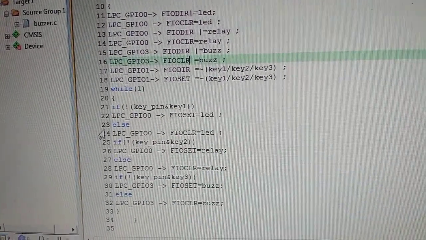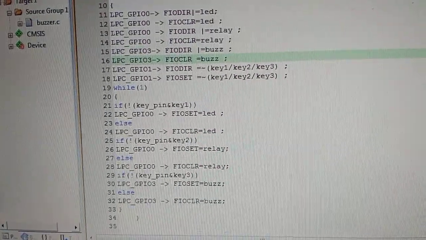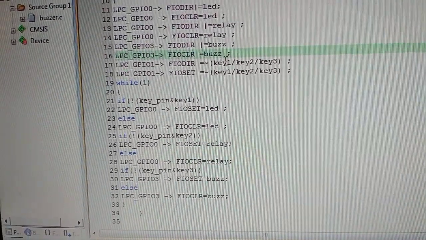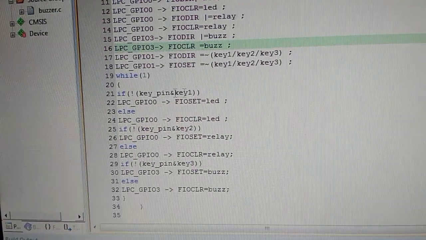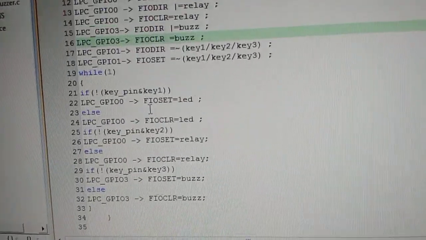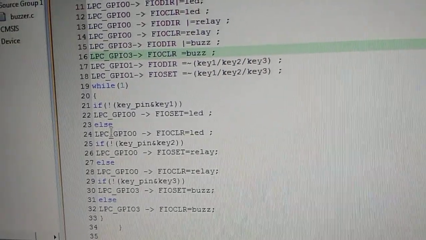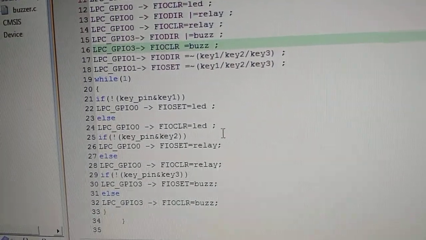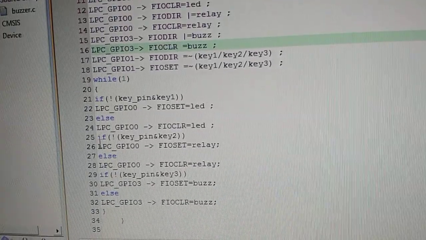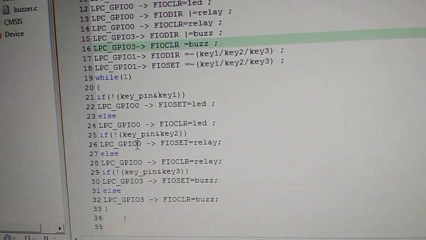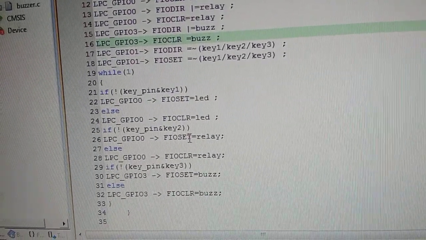We'll be checking whatever pin selection we have done, and if the key pin is also matching, then we will set the LED. That is what is written in the C program here. Else we will clear the LED. Similarly, we will go to the relay.